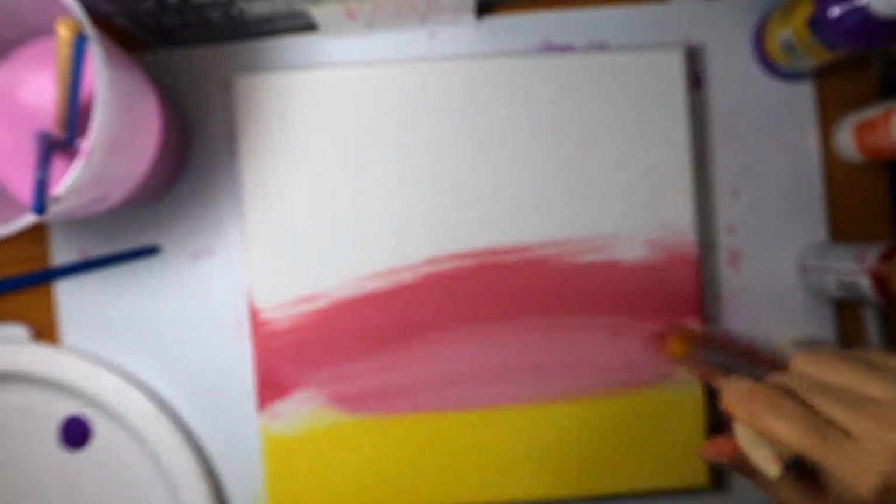Anyways, I mixed the red with a little bit of white to create this pink color, and I'm just gonna slowly blend that into the yellow. It's gonna be kind of messy and rough at first, but if you keep blending, it'll start to look more smooth. So after I blended the pink and the yellow together to create this pretty orange color, I added some